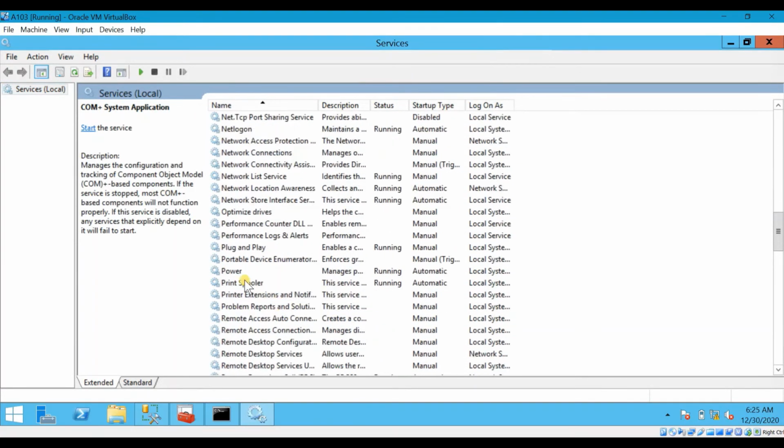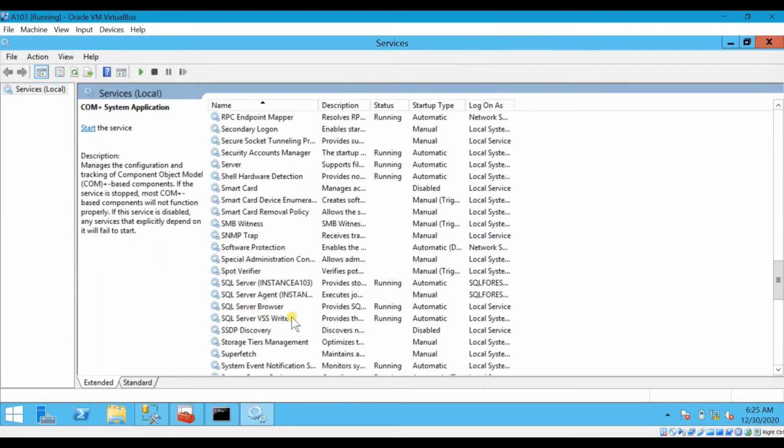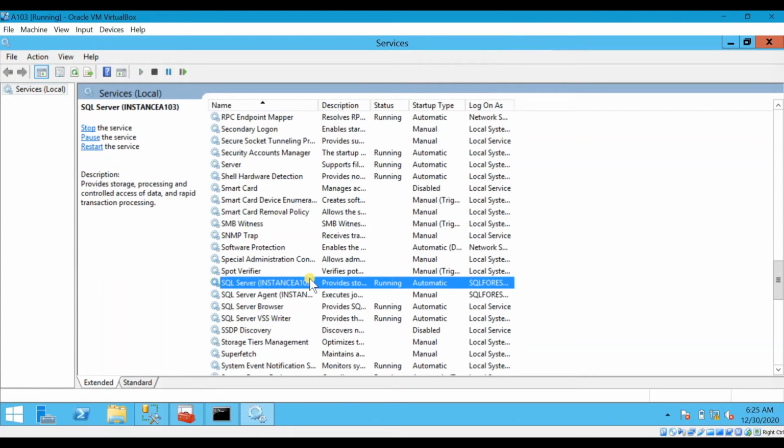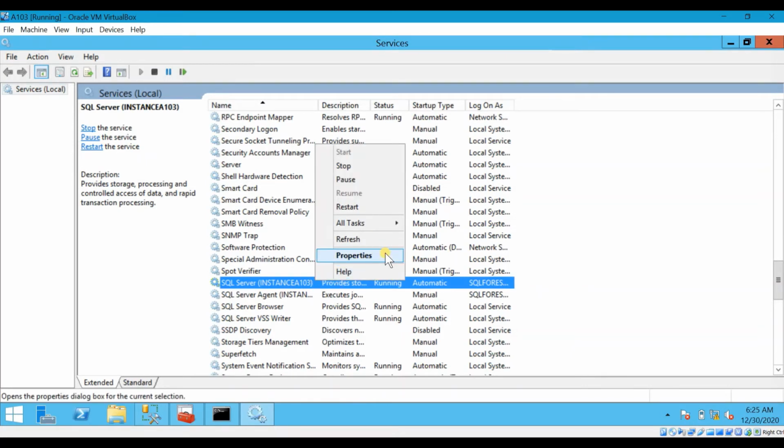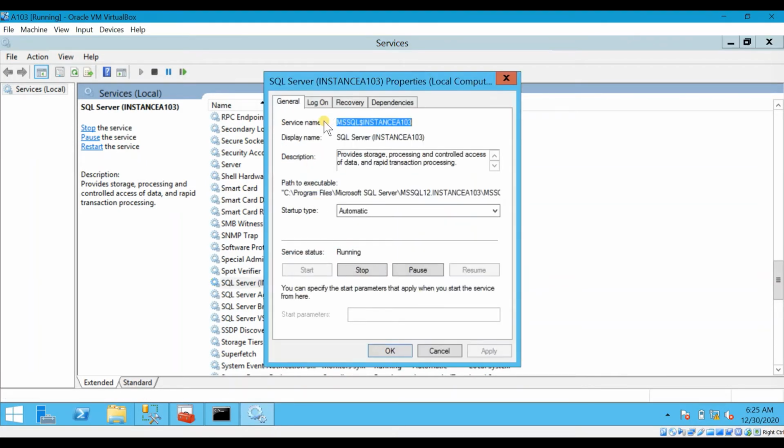My SQL Server service is running here. This is my service. Right click and properties, and here you can find the service name MSSQL$instance A103, or you can also give this, but it is recommended that you give this.